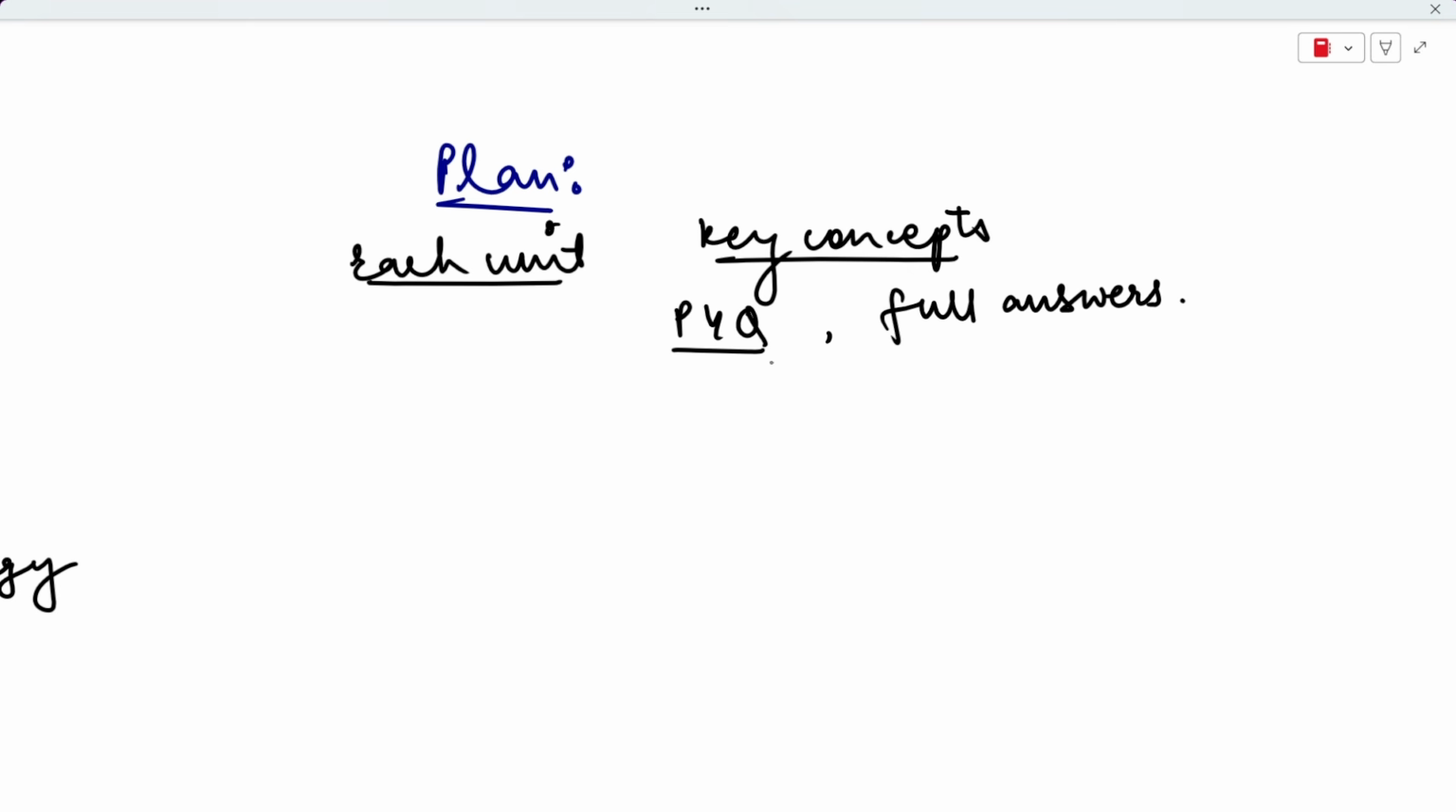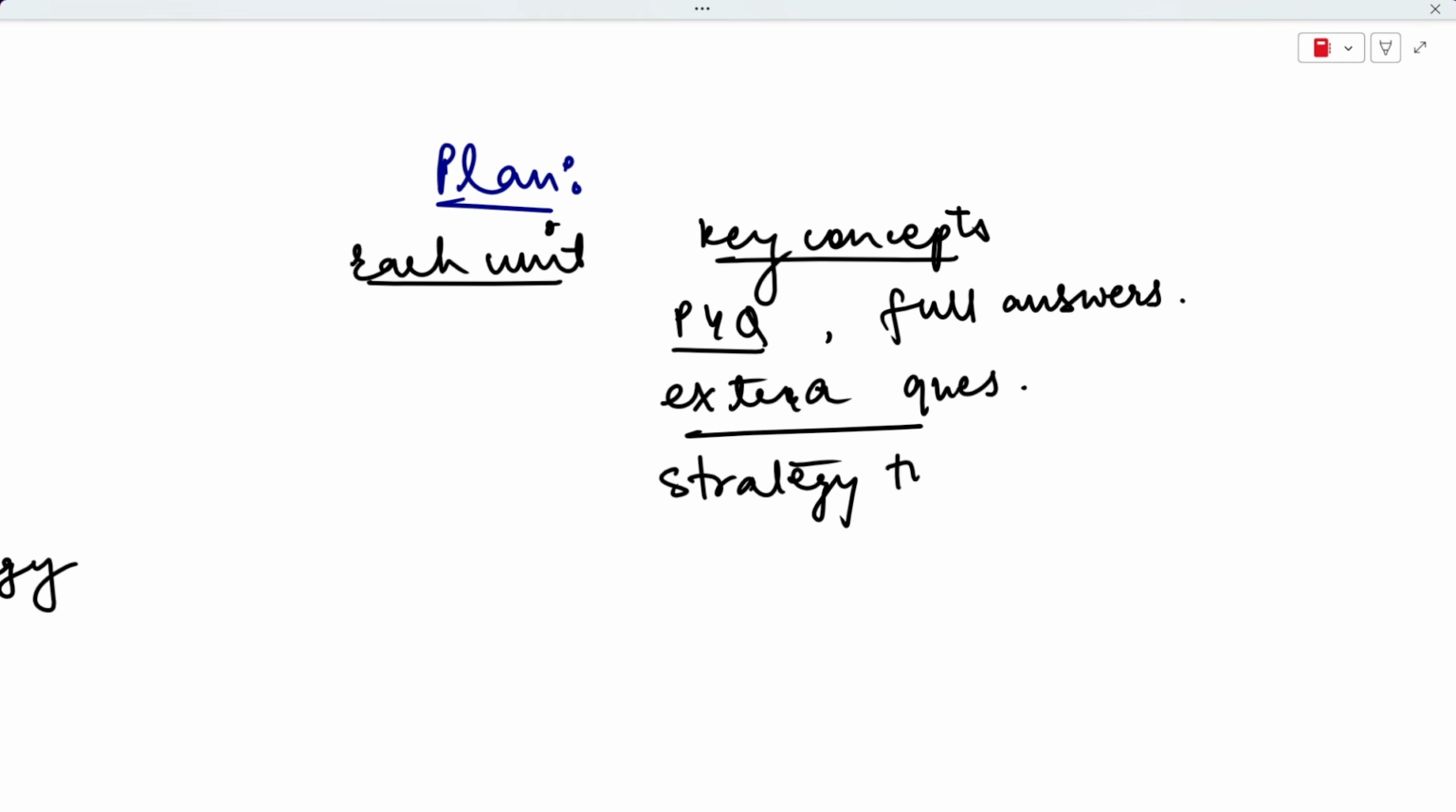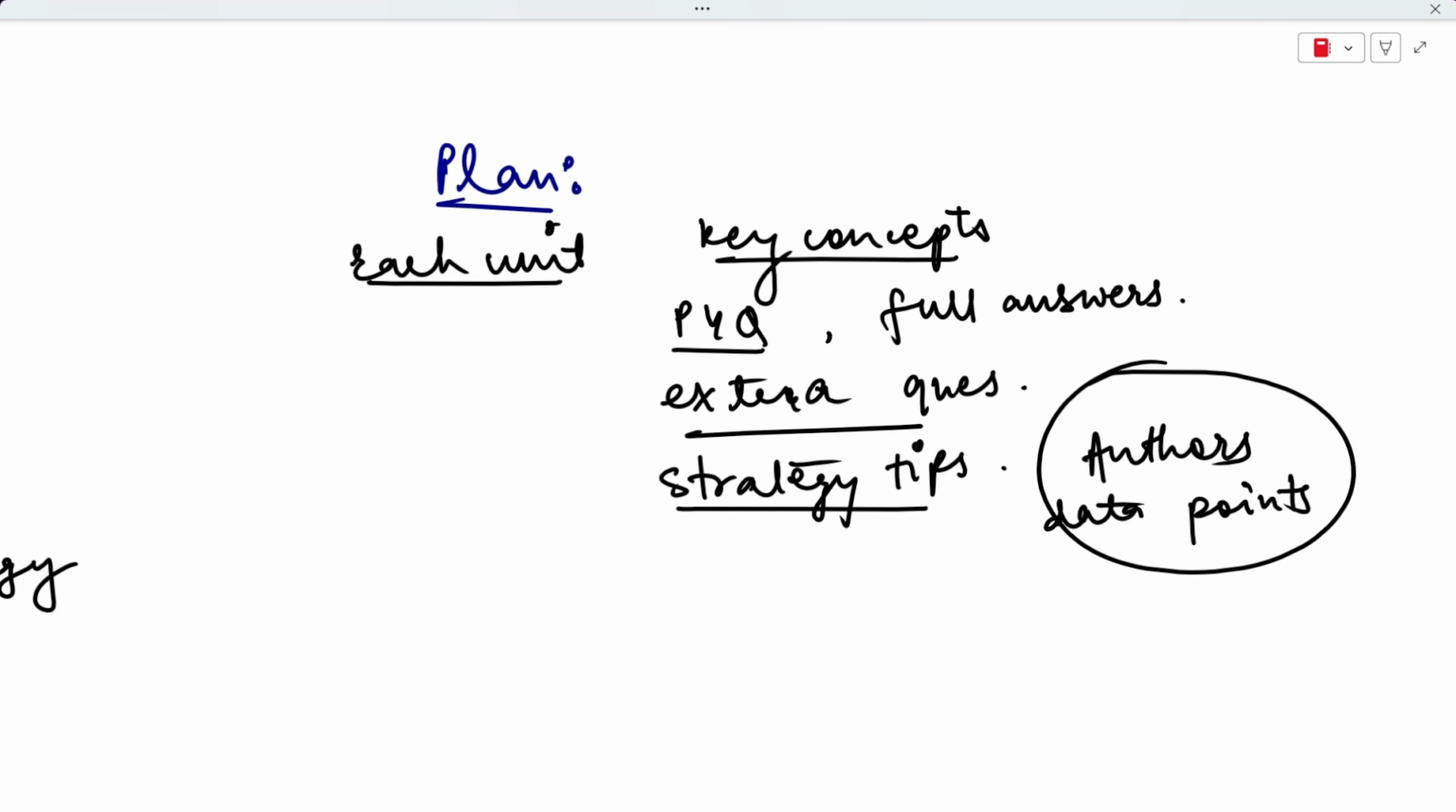And then I'll give you some extra important questions. I'll give you some extra questions also to practice that are likely to come, and I'll frame them from the syllabus and all the important readings that we have. And then I'll give you some strategy tips also that will help you to structure your answer, and you'll know what to write in the introduction and conclusion, and which authors and data points, which is very important for this paper. Okay, authors and data points you can quote is very important,